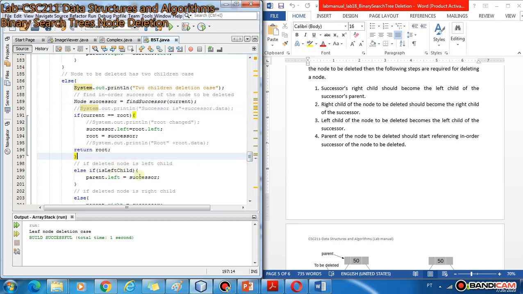Else if it is a left child, so the root node is not the node to be deleted.